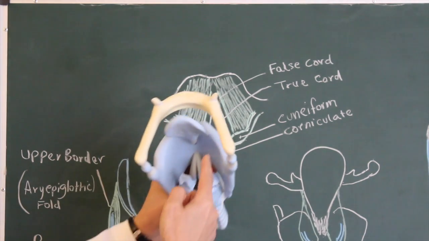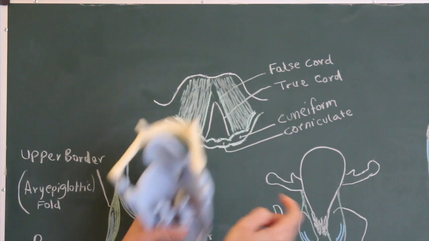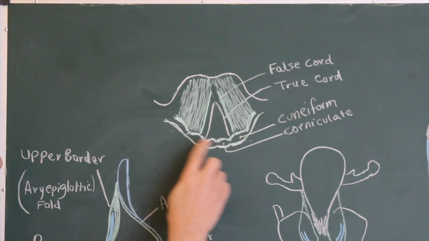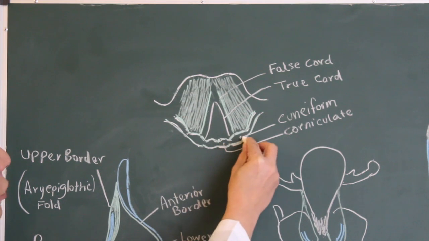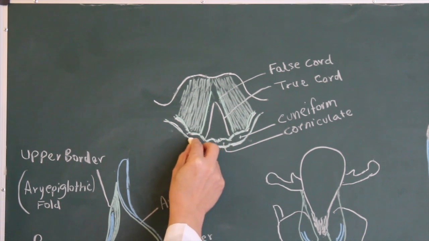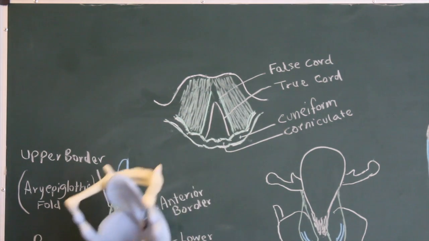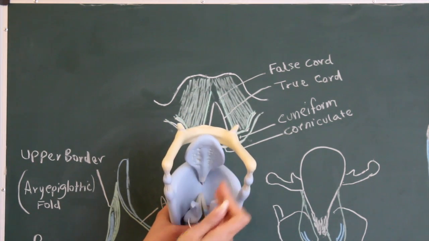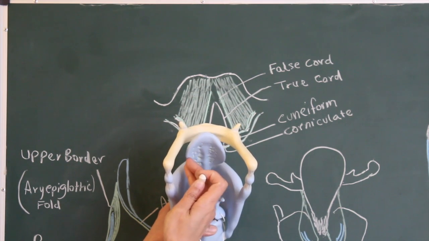So these will be the aryepiglottic folds, and they have the corniculate and the cuneiform cartilages. Remember the superior border of the quadrangular membrane running between the arytenoid cartilages and the inferior surface of the